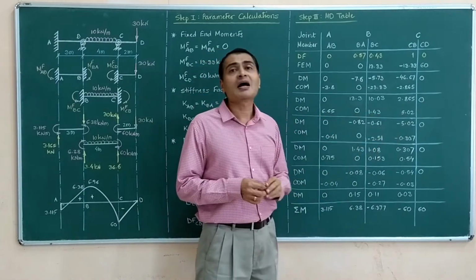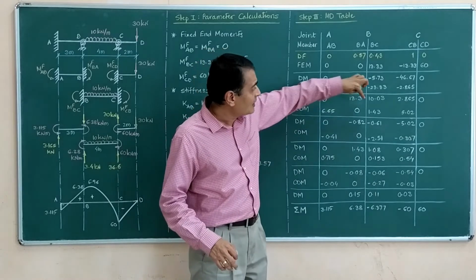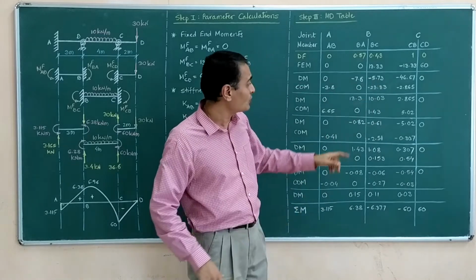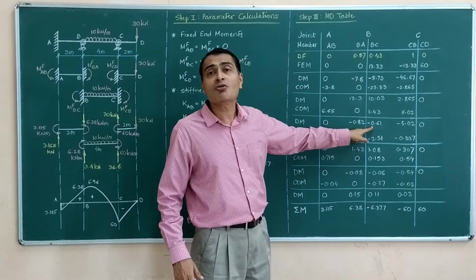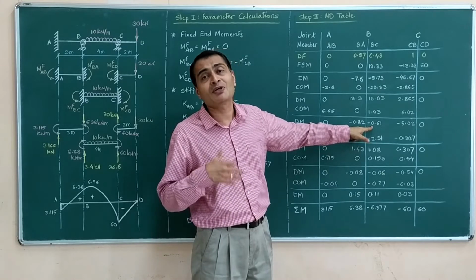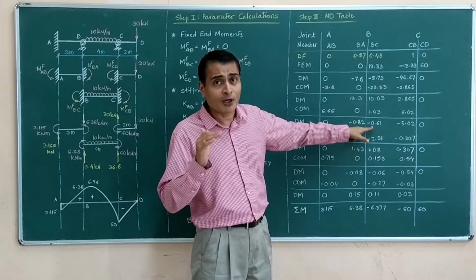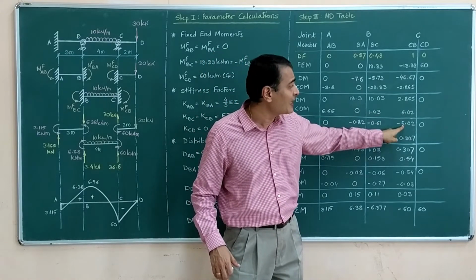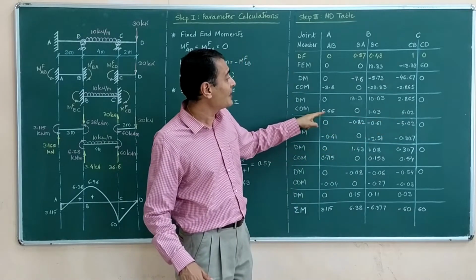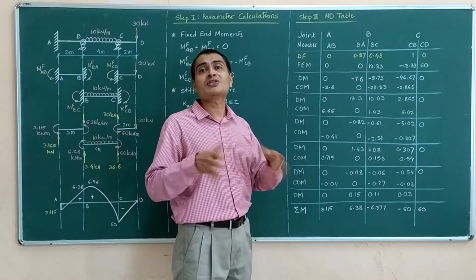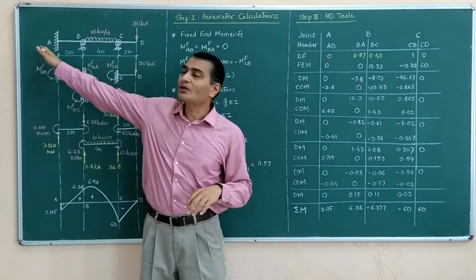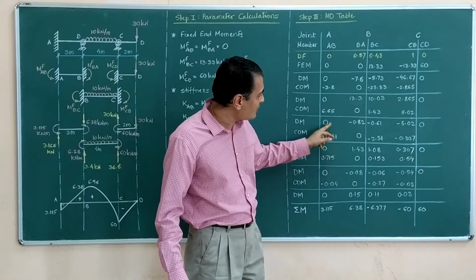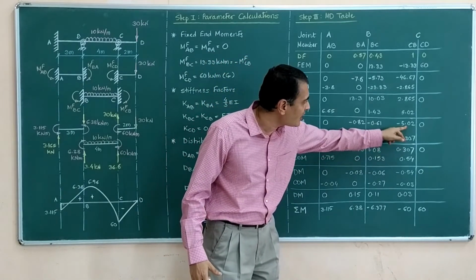Again at each joint, I am observing imbalance. There is imbalance of positive 1.43. So I apply negative 1.43. 57% goes here, 43% goes here. Means 0.57 into 1.43, 0.43 into 1.43. I apply negative 5.02, entirely gets absorbed here. I apply negative 6.67, 0 is absorbed in AB. Totally it is absorbed in the wall. Carried over moment. Half of this here, half of this here, half of this there, half of this here.